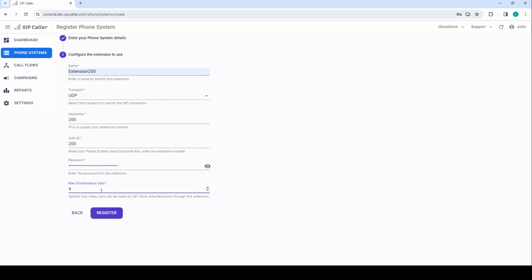Finally, we can specify here how many simultaneous calls we want to make. This is a maximum limit. SIP-Caller will never make more calls than the number that we specify here through this particular extension. In some cases, we want to register more than one extension in SIP-Caller, and this way we can run different campaigns through different extensions in your PBX. For example, in this case, we will specify that we want no more than 10 calls at the same time